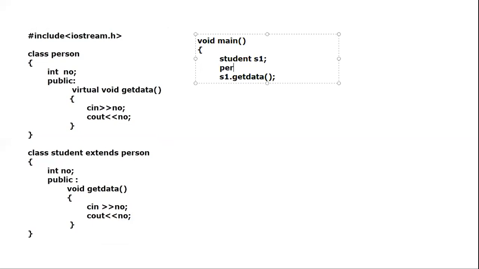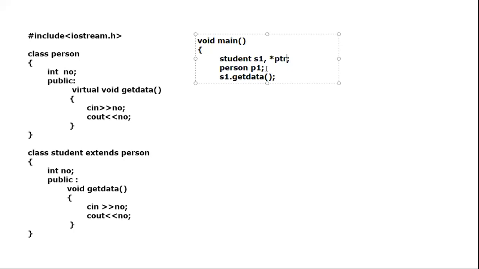So here I am going to create one more object, person p1. Along with student s1 and person p1, I am going to create one object, but that object is not a normal object. It will be a pointer object. So here student *ptr, means ptr is the object, but here I have mentioned star, so star means it is a pointer, so this is a pointer object.